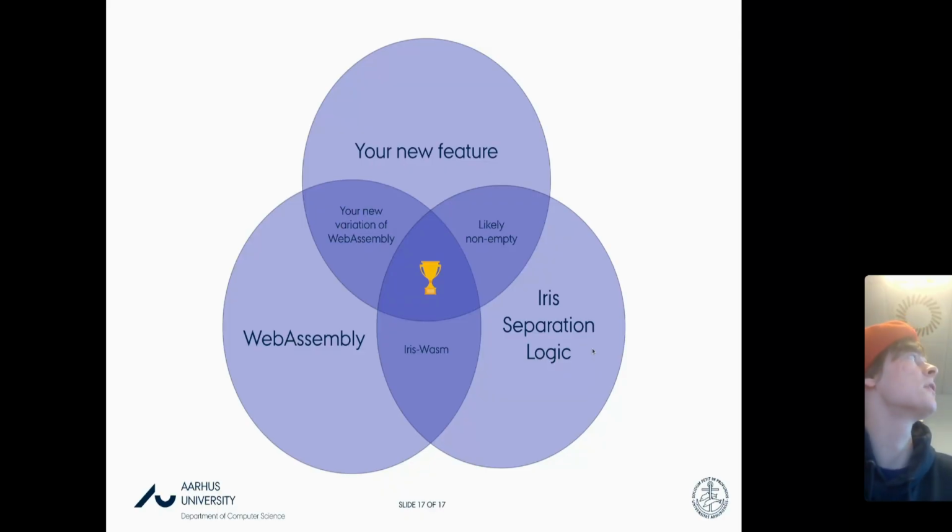So Iris is famously a very powerful tool to reason about concurrent logic, but there are a few examples of Iris being used to reason about sequential languages as well, and this is certainly a big one of those. In the future, if we were to reason about a concurrent version of WebAssembly, in that case, we already have all of the machinery in Iris to reason about that, and in the stack switching project where we reason about Iris with effect handlers, we have used this machinery in order to reason about examples where you would emulate concurrency